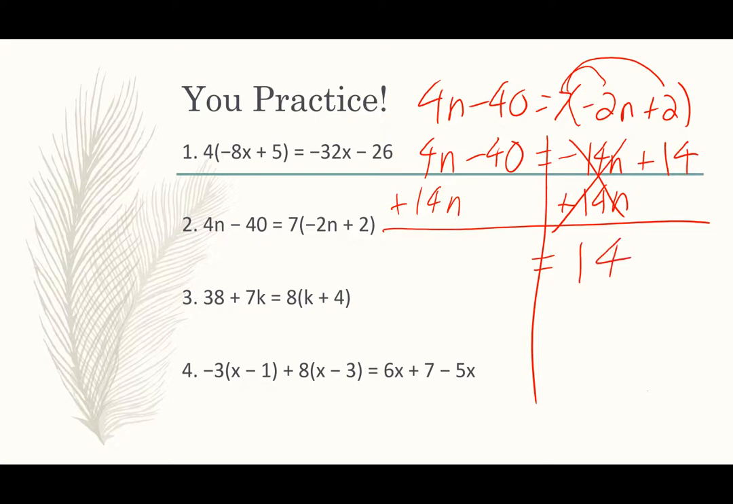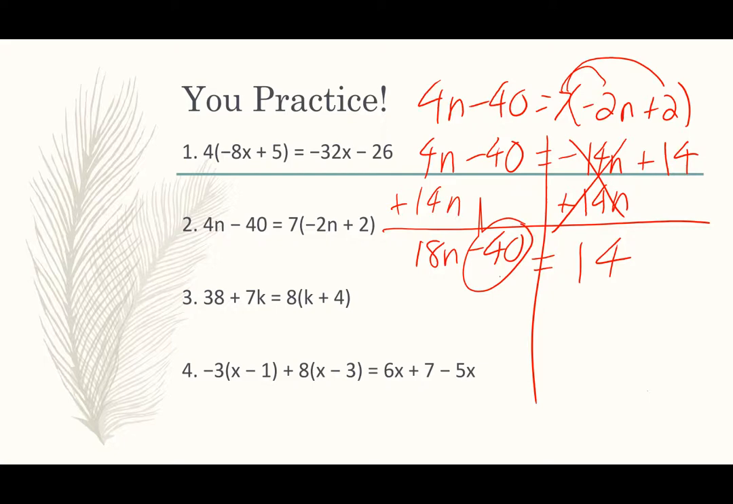Now on the left side, I'm going to combine my n terms, right? 4n plus 14n. So 4 plus 14 is 18n. And of course, the negative 40 is just still there, just chilling. We're going to bring him down. All right, so since I have the n over here and I'm trying to solve for n, let's